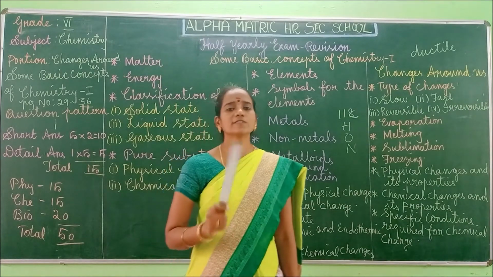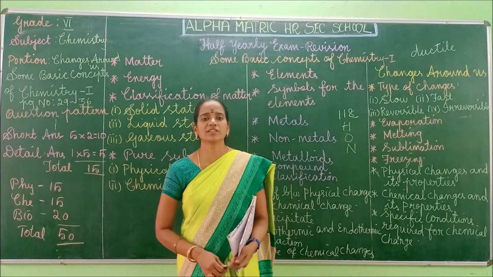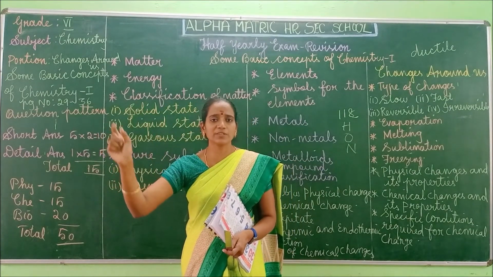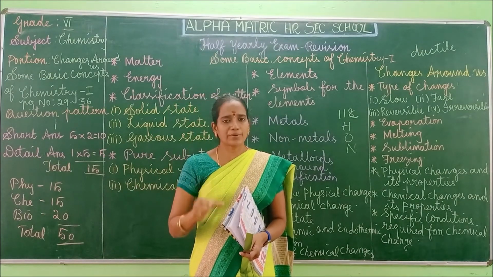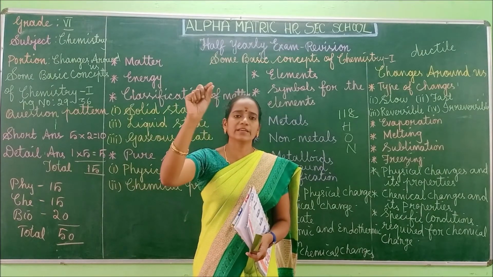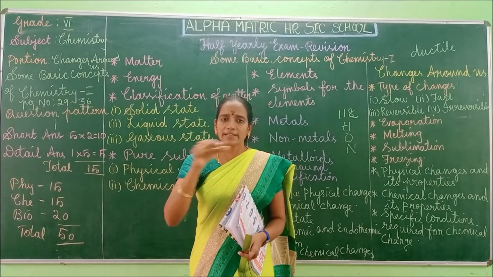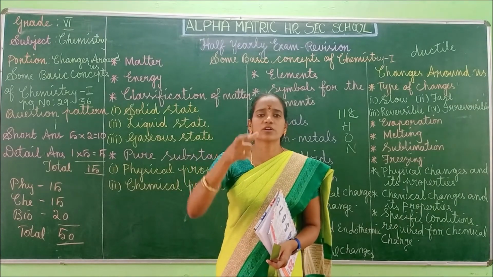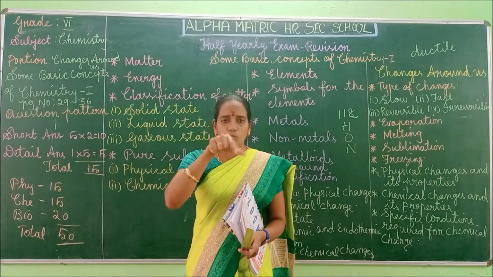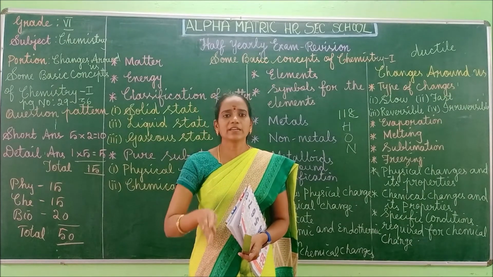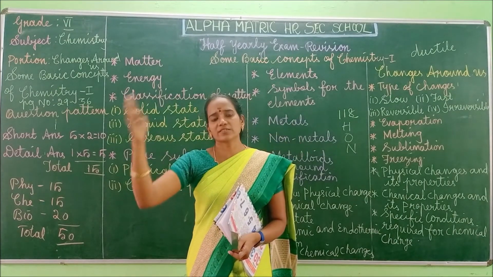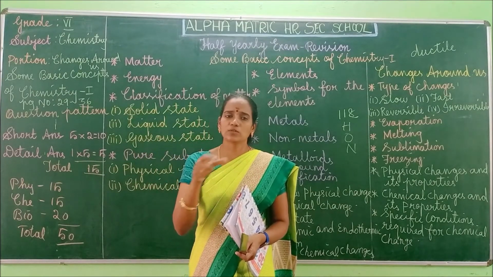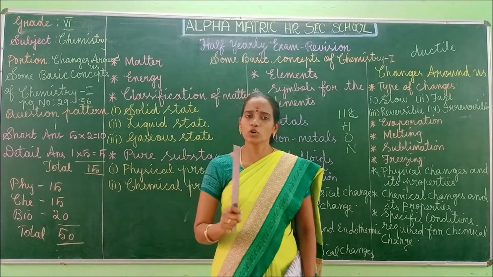So you know the concept behind the physical change and chemical change. If the question is asked like this, write the difference between physical change and chemical change, don't write the answers separately. Don't put the heading physical change, don't write the definition next to chemical change, don't write the definition like that. If the question is asked in differences or distinguish, put a tabular column, segregate into two. This side physical change, this side chemical change, write the concept behind this, and if an example is needed, you give the example also. In this manner you have to follow.